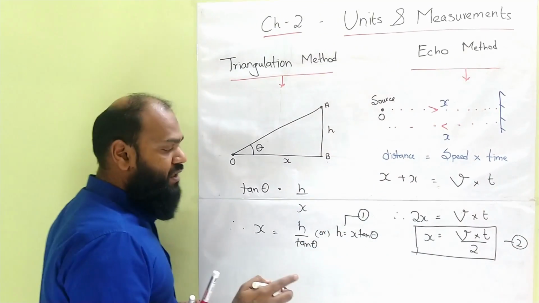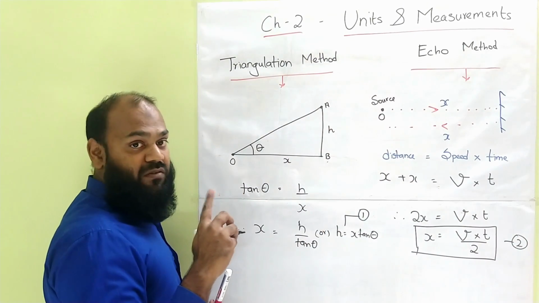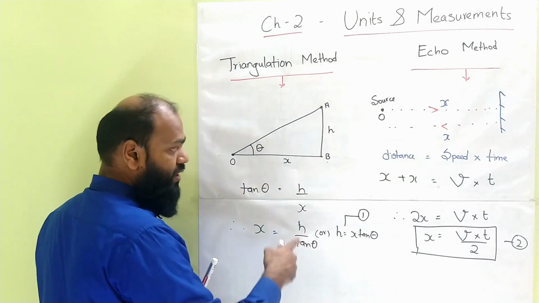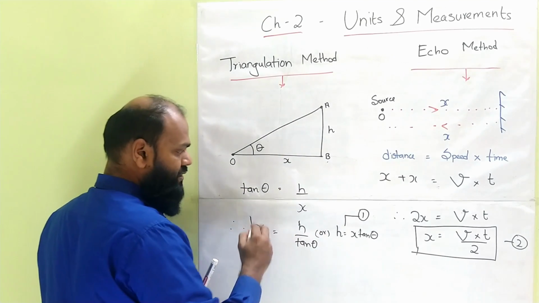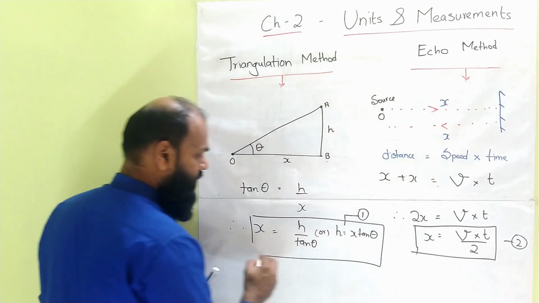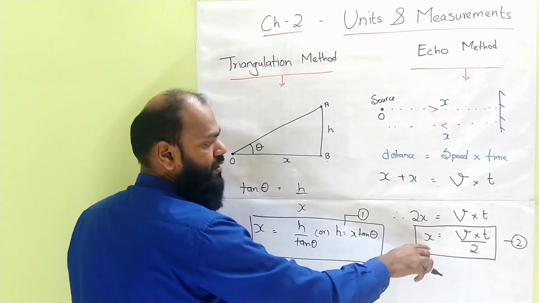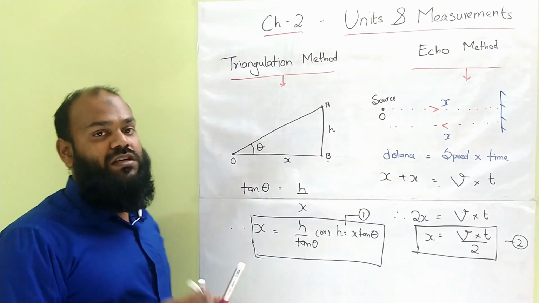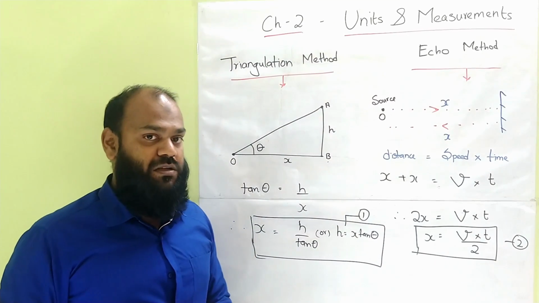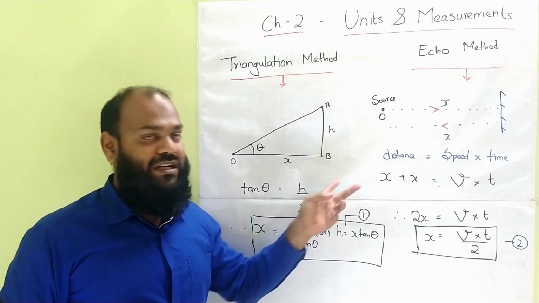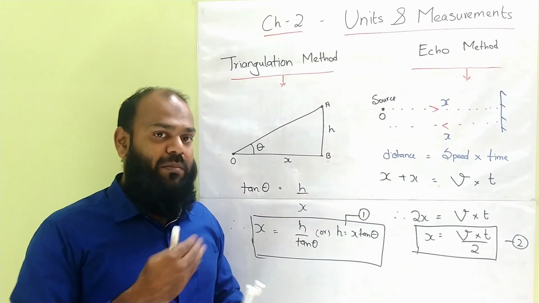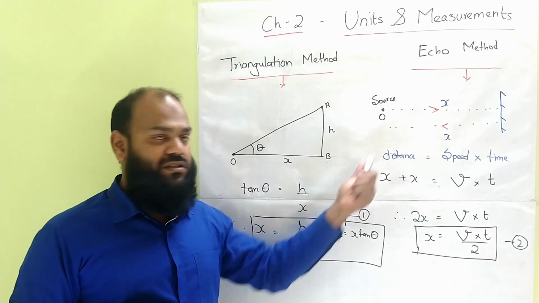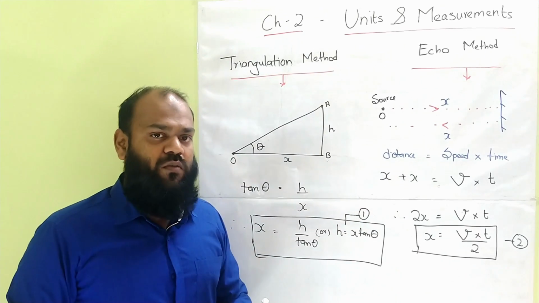So we got formulas now. One for the parallax angle we have found out, the second one is for the triangulation method, and the third is using the echo method. So these are three methods which can be asked in examination, or you can answer specific questions on the three types. Also, numerical problems can be asked on these three methods, which we will be solving soon.